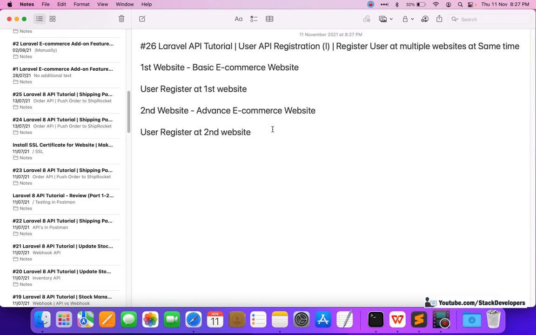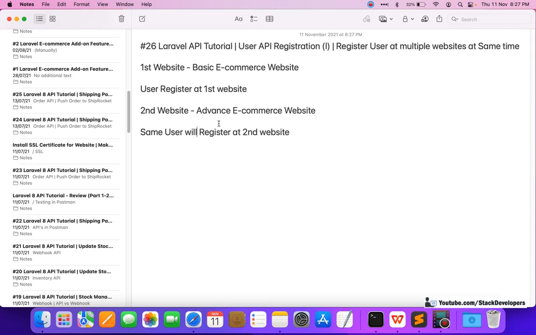So if a user registers at the first website, the same user gets registered at the same time on the second website. This is what we want to do with the Laravel APIs. It is a creative kind of thing, and we want to learn how we can achieve it.